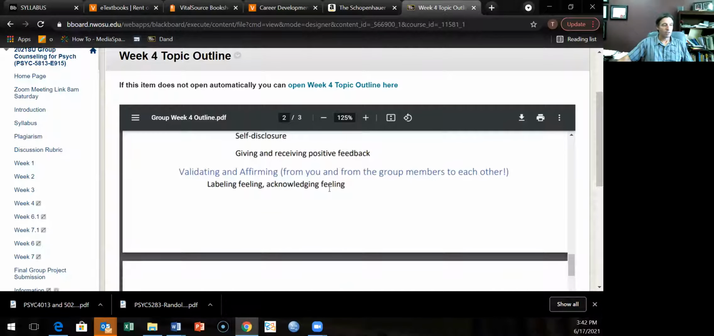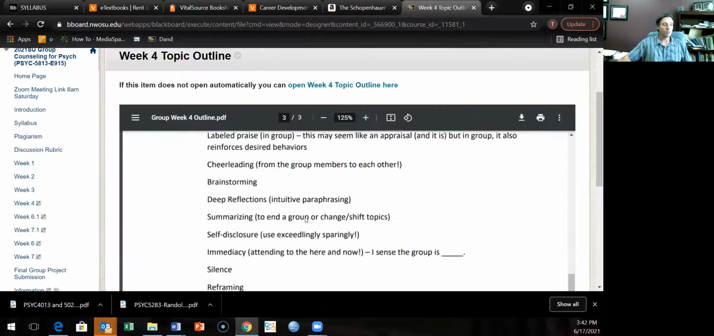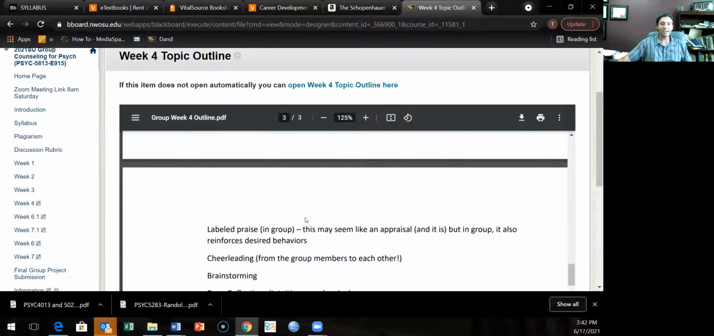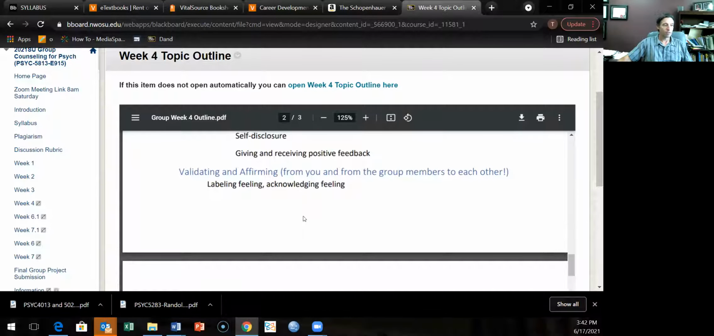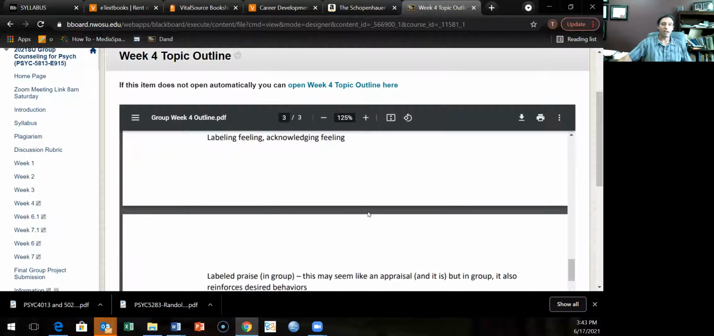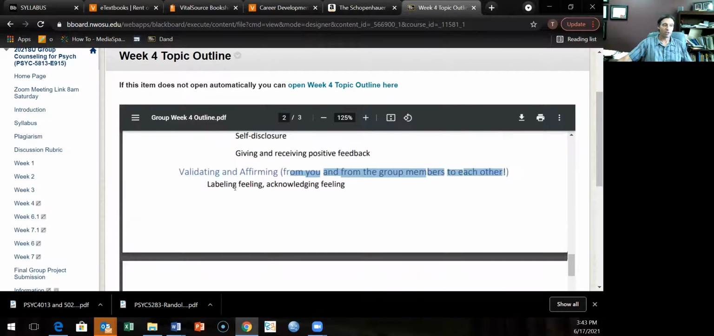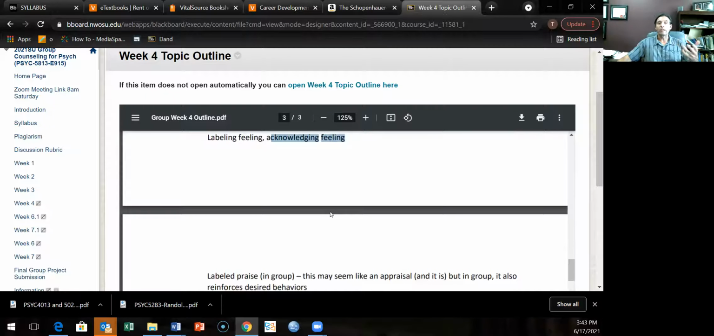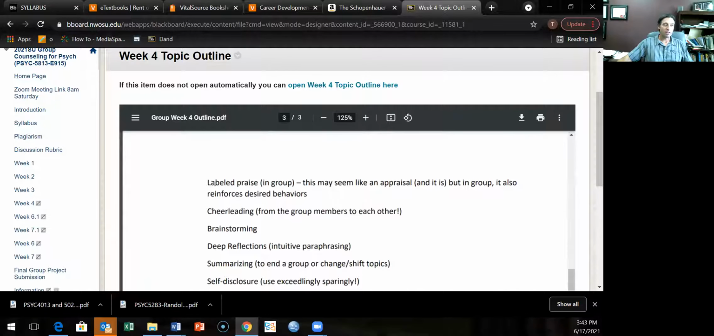Now, there are a few things that you can do in a working group. This comes from you and the group members to each other. When the group is working, you've modeled what you want from them, and they're doing some of this themselves. Labeling feelings, acknowledging feelings, that's going deeper into the group. Labeled praise. This may seem like an appraisal, and it is,